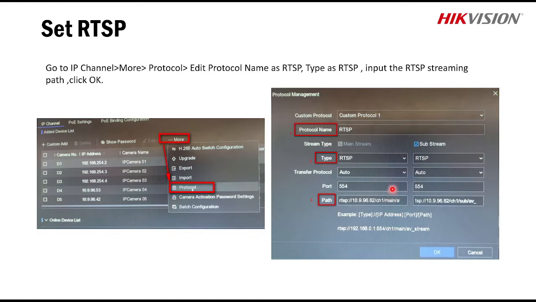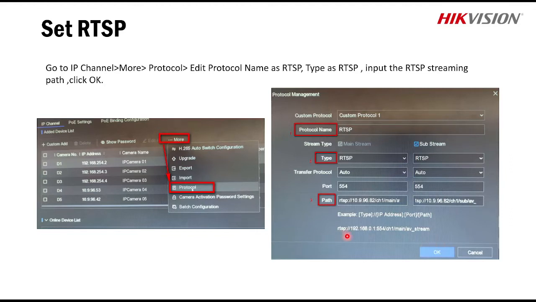Port: we always know the RTSP port is 554 for cameras. I selected 554 for the port, and after that you need to enter the path. This particular path you always need to enter over here. A special path is available if you are able to access the menu or user manual of your camera. Definitely you will get this path for the RTSP. Likewise, here we can understand the path. What is the path that you need to enter?